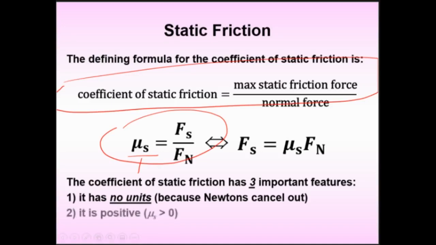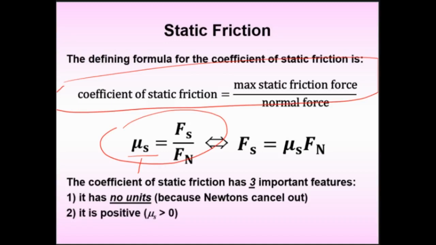Number two, it's always positive. Which means if you ever do the math and for some reason your mu s comes out to be negative, go back. There is no such thing as a negative mu. Why? Probably the easiest explanation is it's a ratio between a force and another force. Can forces ever be negative? Okay, they could be negative as a direction, but as an actual entity, is there such a thing as a negative force? No, a force is